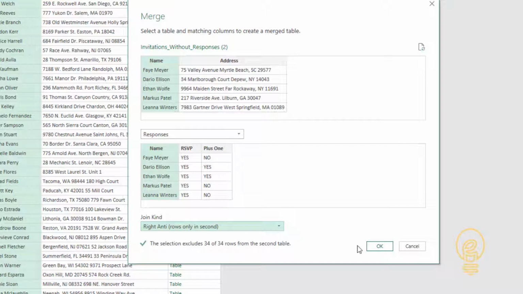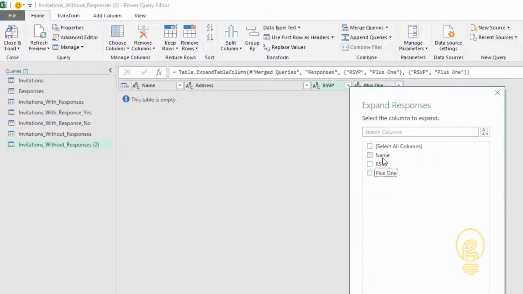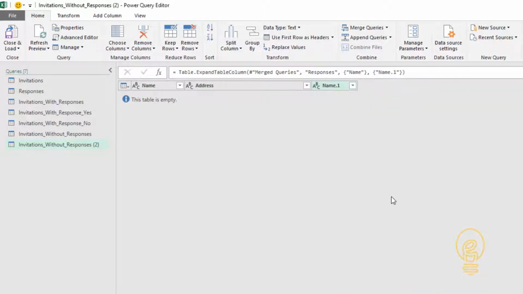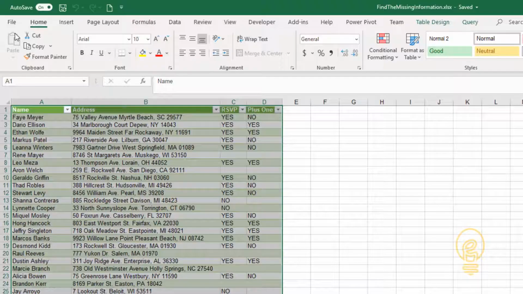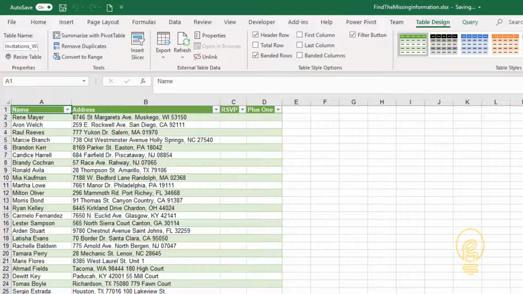I happen to know that there won't be any improper responses in our table yet, so this report will show up as blank. I'm going to adjust it a bit since it is a different view by eliminating some columns and renaming a few. But once I'm done with that, I'm going to hit close and load and push these results out to Excel. This gives us 4 different useful reports to refresh whenever we add new responses to our RSVP list. To see how effective this is and how our logic holds up, let's go add some new responses